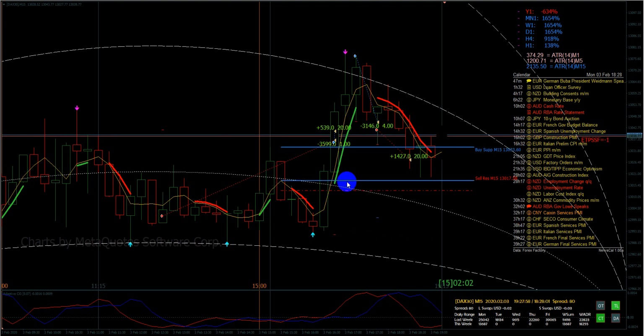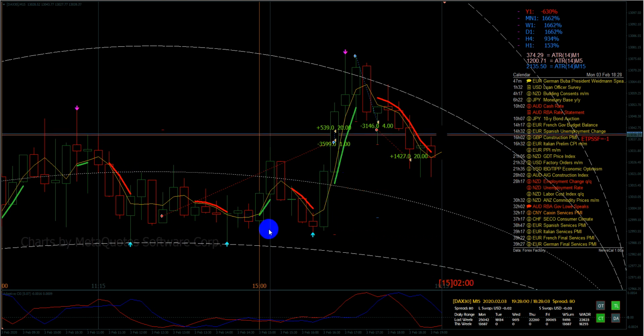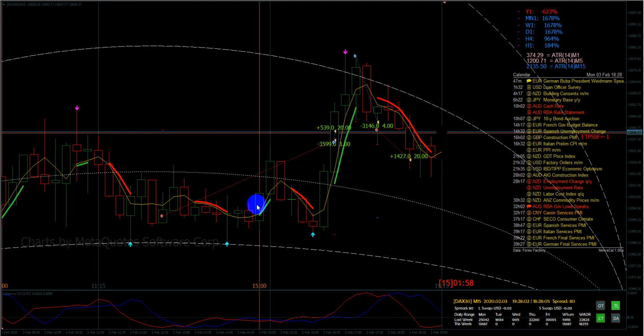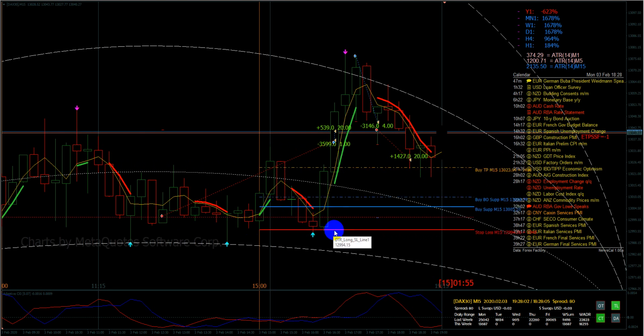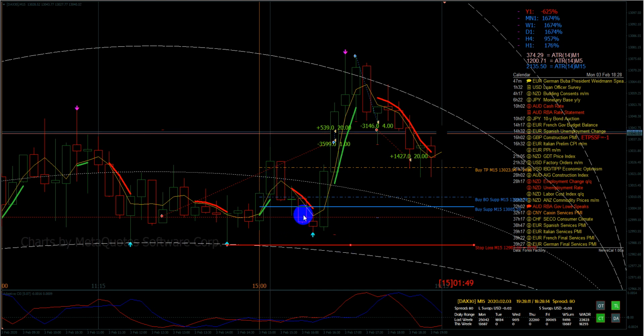In the worst scenario. In the best scenario, I would have ignored this one, right? So this one would have been here, so I wouldn't take the short there. I would have 16 pips over there and about 14 pips over there. That would have been 30 pips altogether in two moves, right?